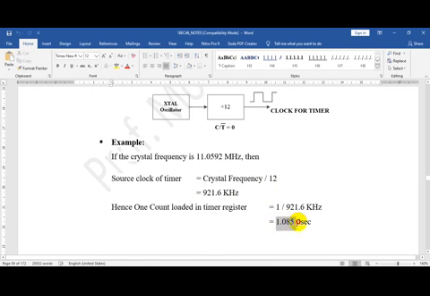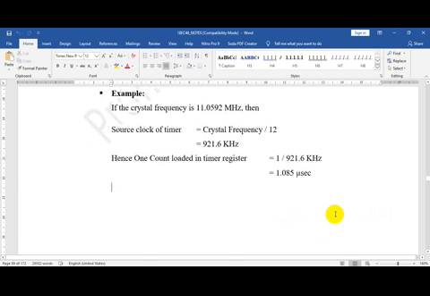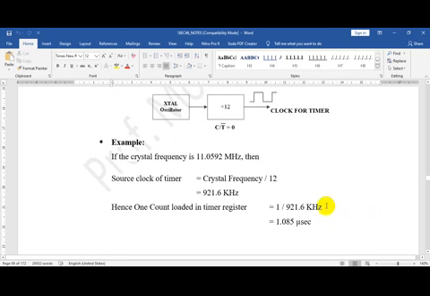Therefore, one count will be equal to 1.085 microsecond. You can call this one machine cycle, one count, or one period. This is the minimum time a processor requires to execute any instruction. As I have said earlier, for calculation of time, for a processor, one count is the base on which the other calculations are made.